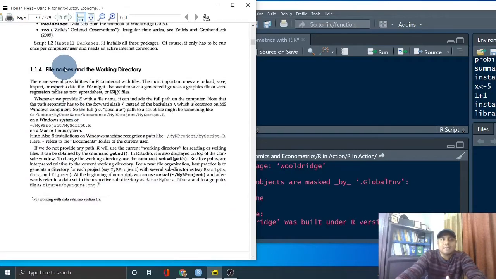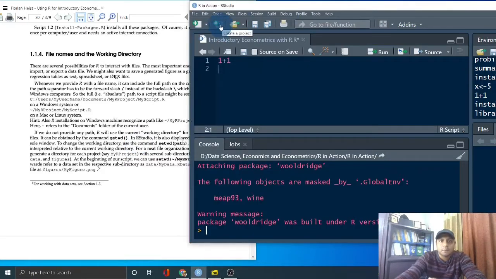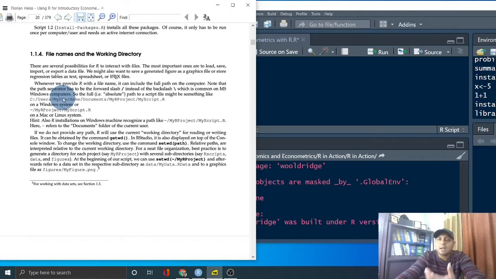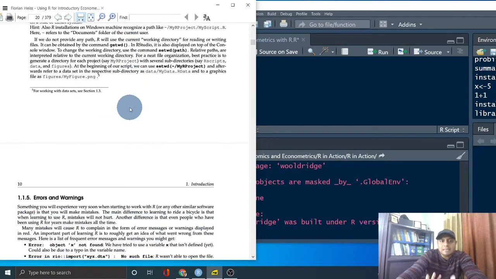Then I said that there is a working directory, so we need to create a project, which actually shows as a working directory. How to create a working directory: as I shared with you, first I create a folder which is my working directory, or you can just go to this option, create a project, and this project will create a working directory for you. The working directory is important to start our session. So this is what you have to do. And you can always give a command called getwd, get working directory, and this is how you can get the working directory, which is very easy in R.